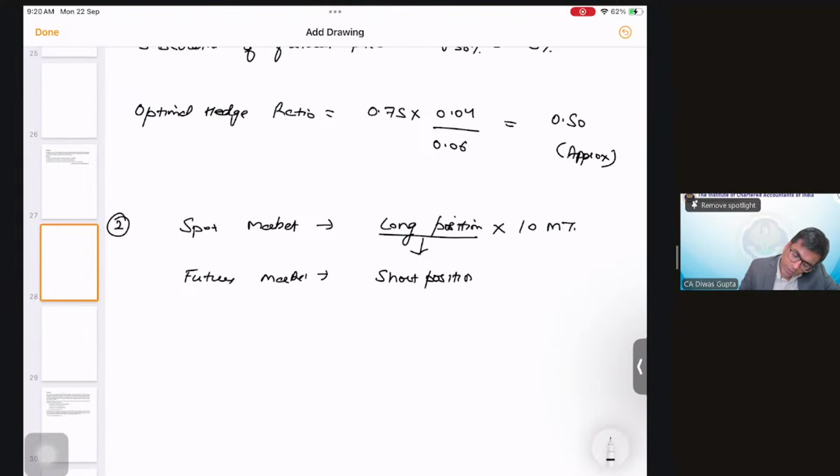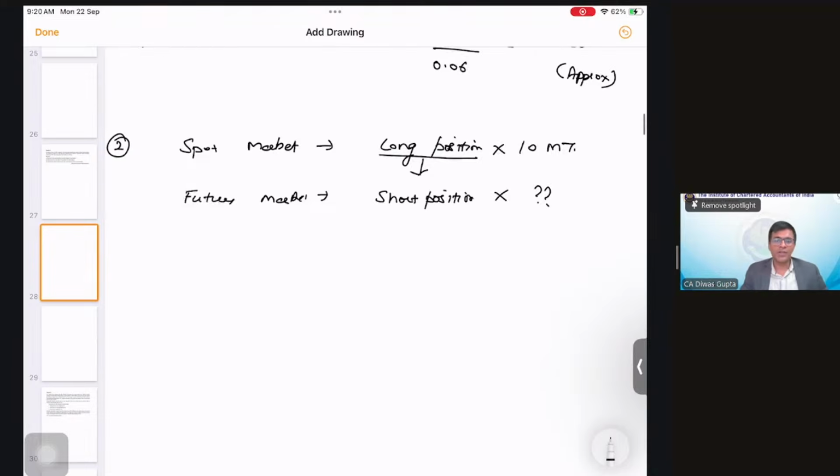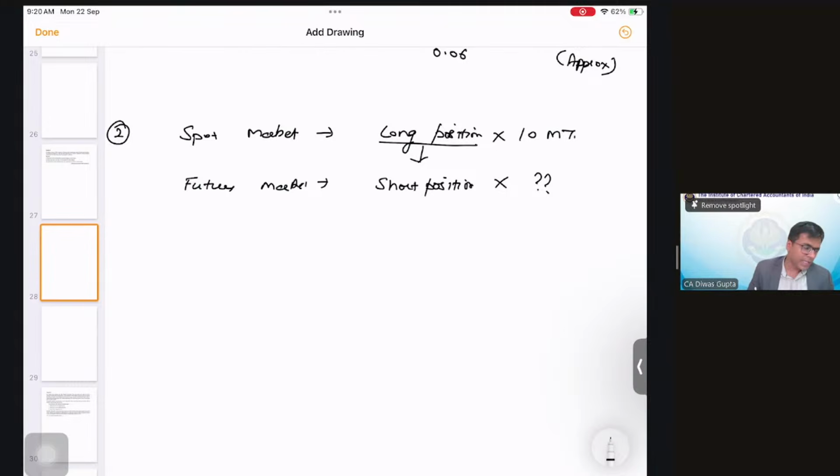So short position. And this we will come to later. Okay, this is the third part of the question. So we will solve this later. Let's first write the second part, the position